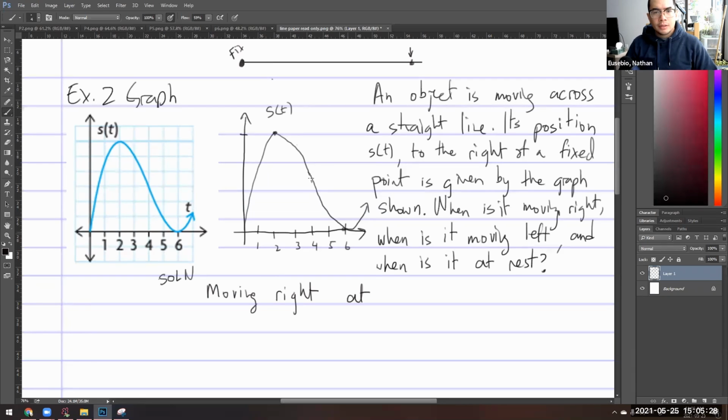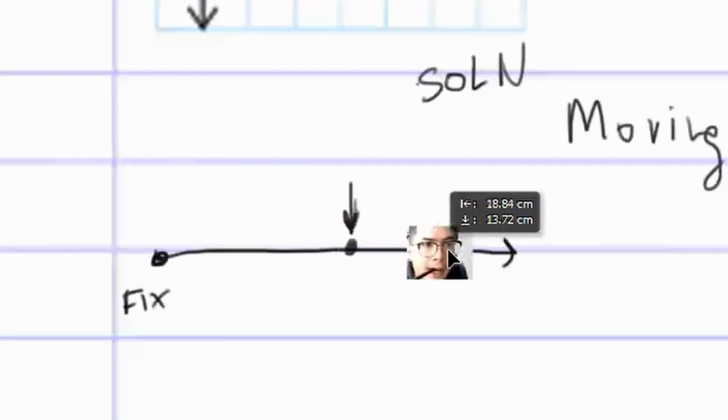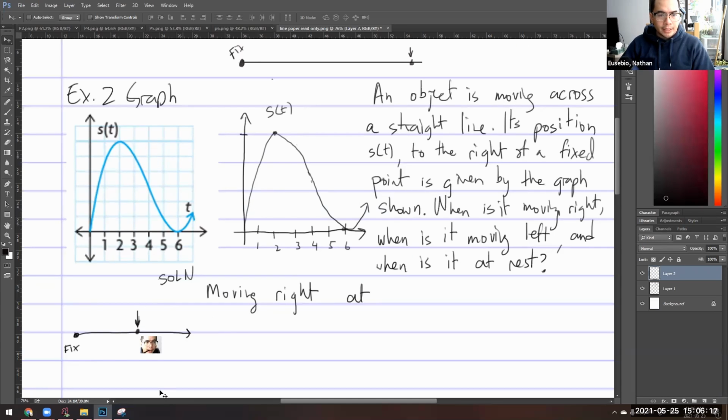When the graph is going up like this, that can only mean I'm moving further away from the fixed point. So if you look at the diagram, I will redraw the diagram here. The fixed point needs to be to the left of the object, because the object is to the right of the fixed point, right? So I'm keeping track of where it is in relation to a fixed point. The object could be anywhere here, could be here, could be there. You're sort of moving left and right alongside the line. When the graph is increasing like this, my object is moving away from the fixed point. So it's moving right on the interval